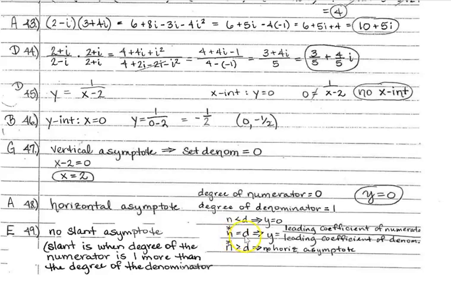If the degree of the numerator and denominator are the same, you would take the leading coefficient of the numerator over the leading coefficient of the denominator. And if the degree of the numerator is larger than